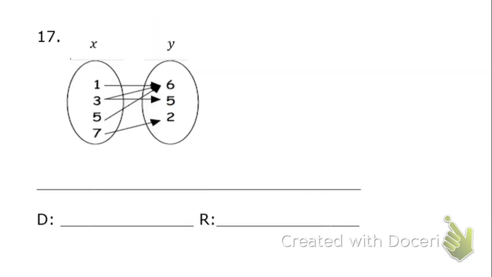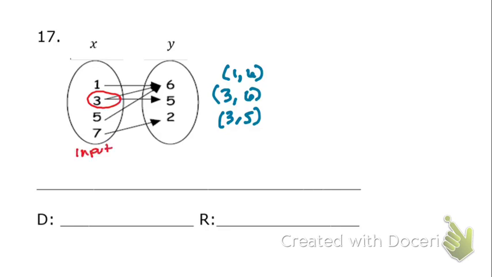The next problem is a mapping. Okay. And so remember, this is the same thing as saying 1 goes with 6, 3 goes with 6, 3 goes with 5. And I'm going to go ahead and stop there because, as you can already tell, the 3 repeats. So what does that look like? It looks like this. When you have two lines coming from the input to the output. Okay, so this is not a function